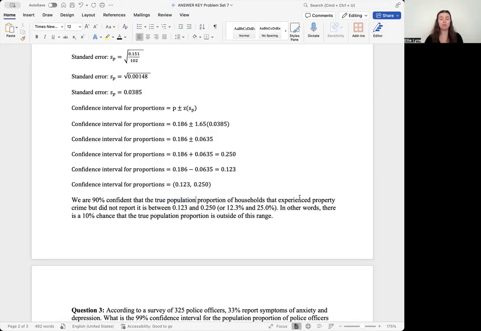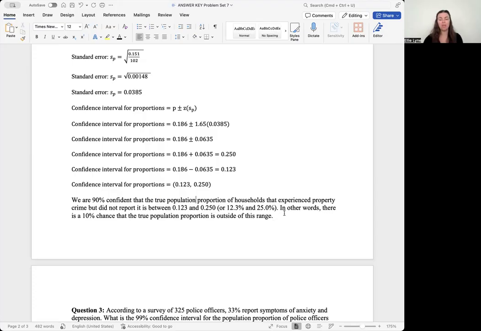Of households that experienced property crime but did not report it, again, between 0.23 and 0.25. You could also convert this into a percentage. Oftentimes percentages are a little bit easier for us to interpret in this context, so that's perfectly fine. And then again, this isn't necessary for the interpretation, but if it's easier for you to include this, you are